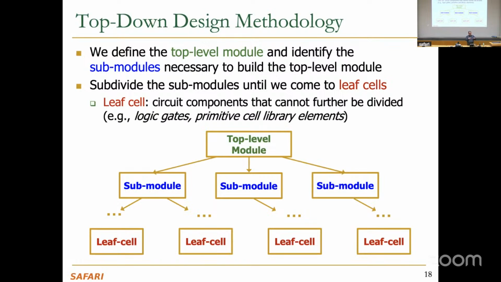You may combine some gates and make some bigger logic, like, for example, adders and multipliers, and then you may consider adders or multipliers, all these arithmetic units, as your leaves, essentially. But anyway, there are going to be some instances that you don't want to go below. And this is a kind of top-down methodology that you might have.